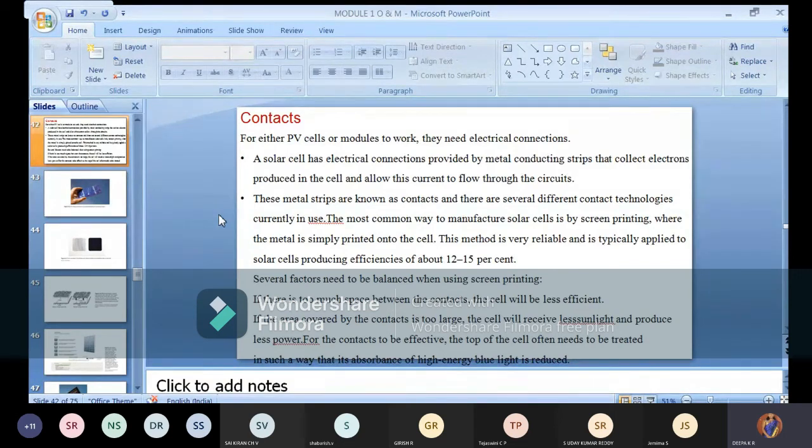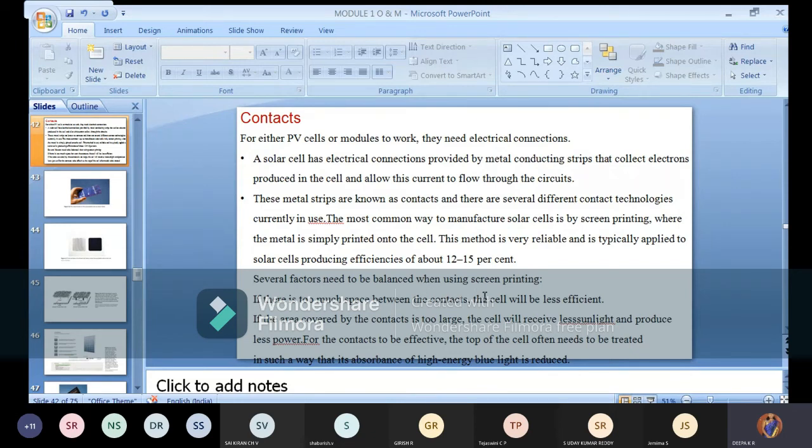It means you're not going to use any external cables. In lab experiments, you connect a number of wires to each and every machine, device, and meter, all manually. Here also you do it manually, but it is like a soldered paste where you don't have to find any cables. Instead, you're going to see the silver foil lines. Then several factors need to be balanced when you use screen printing. This is a technology, of course.